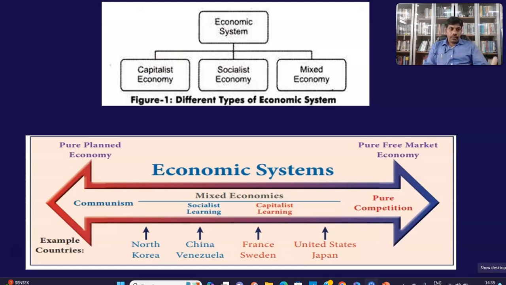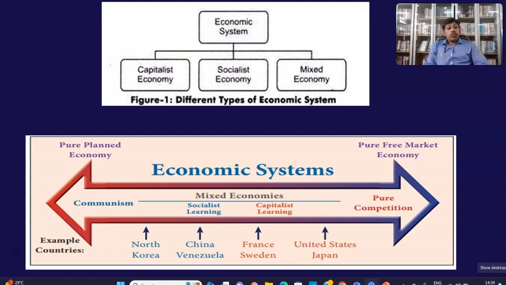So the gap between rich people and poor people will continue to rise, since there are no government interventions and no scope for social welfare because there are no government sectors. There are no government hospitals, no government buses, no government schools. Everything is owned by the private capitalists. So the poor people in the capitalist economy will not be able to afford services from these capitalist institutions. So these are the greatest demerits of the capitalist economy.